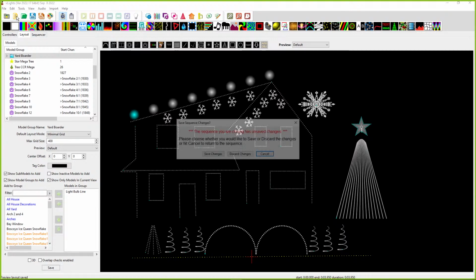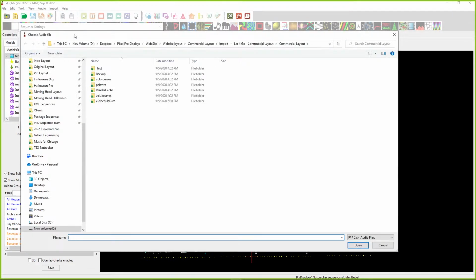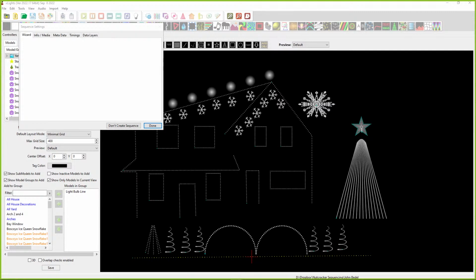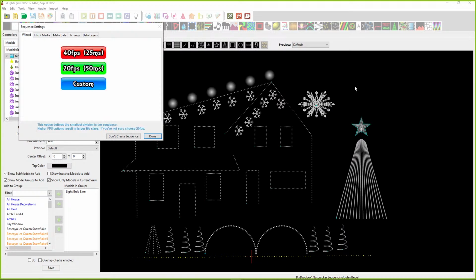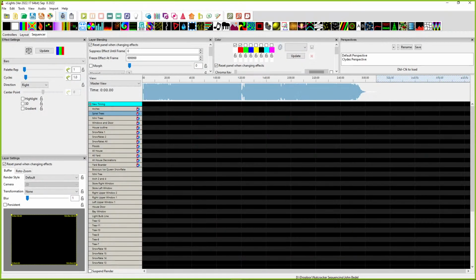What I'll do is I'll create a new sequence. Oop. Discard changes. I'll go and find the actual music. Cell dweller, where are you at? There he is. Okay. And I'm just going to click done. And so now we have the